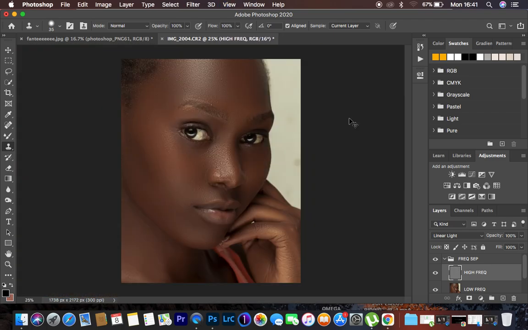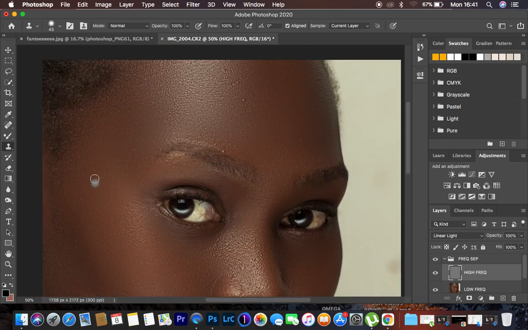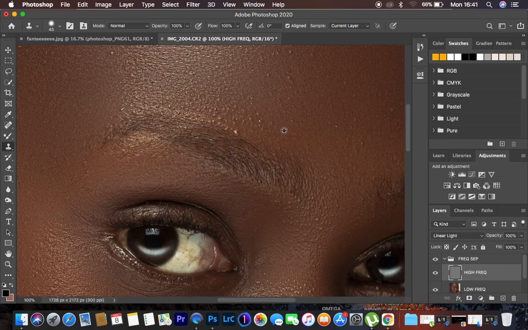So I'm just going to use command minus. You have to clean up the image as you're zooming in and out to see what blemishes you may have left out in your images. So just going to hold down and clean up or remove this kind of imperfection with the skin, because this is more of a beauty portrait, and for beauty portraits you always have to make sure that you leave nothing regarding the imperfection of the skin,